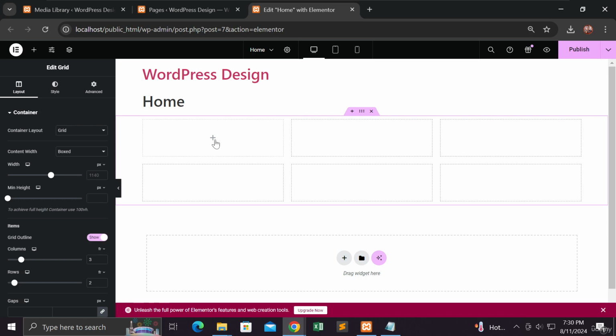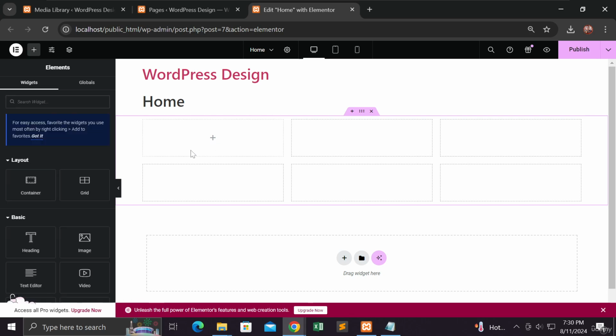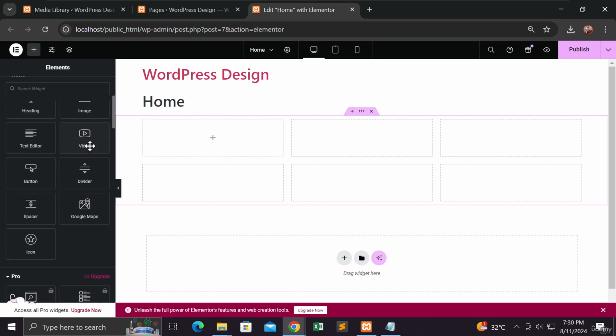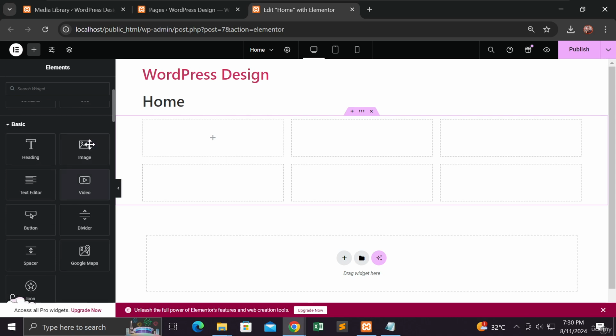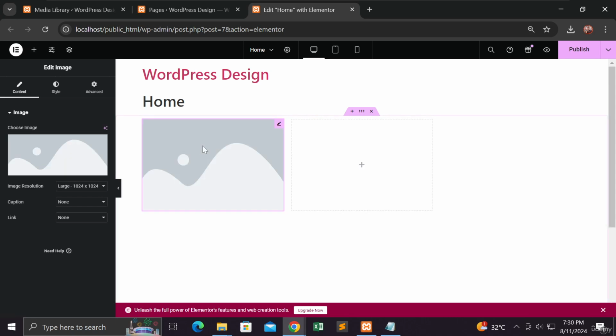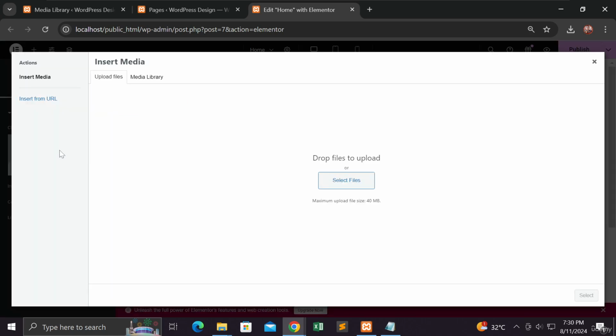Okay, so I'm gonna add here an element. We can select this, and as you can see, if I select this one, the list of elements will automatically be shown on our left menu. So I'm gonna select the image right here and drag it on the first container. After I've done that, you have to click this image, choose image, so that you can